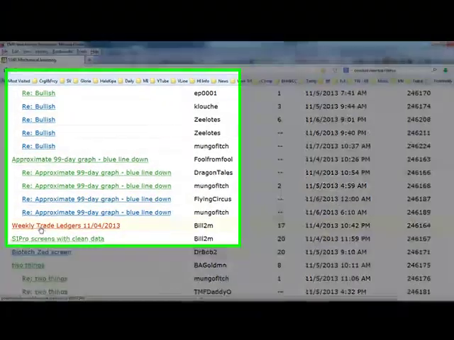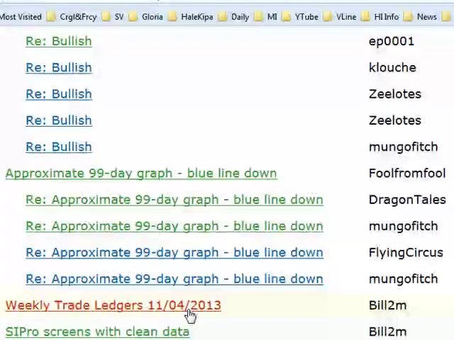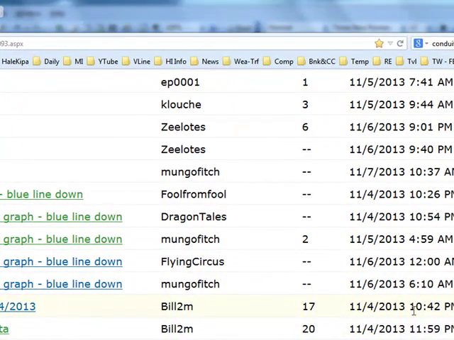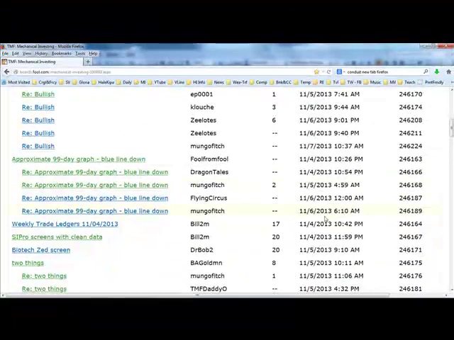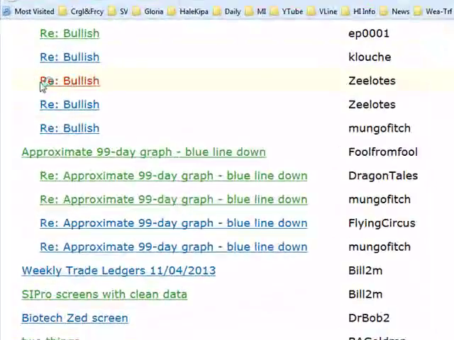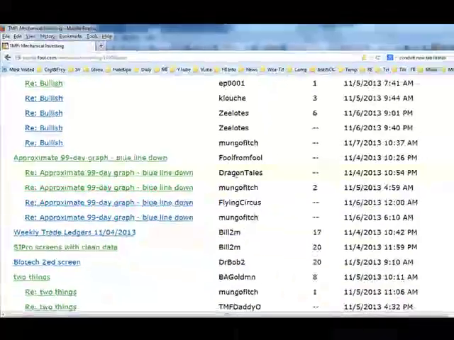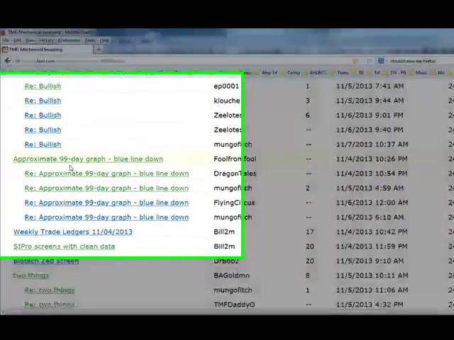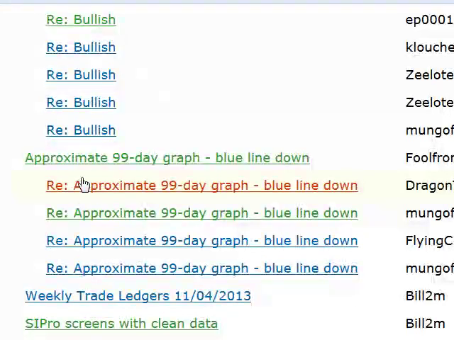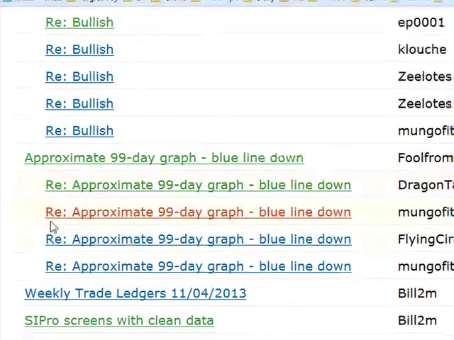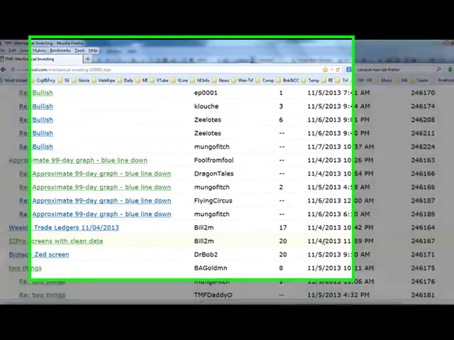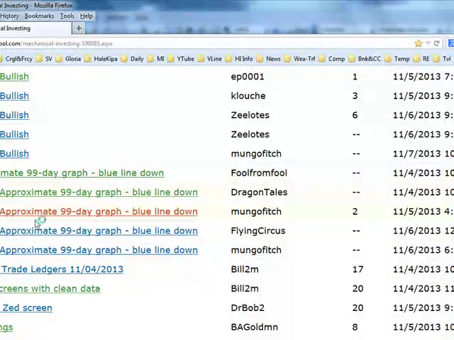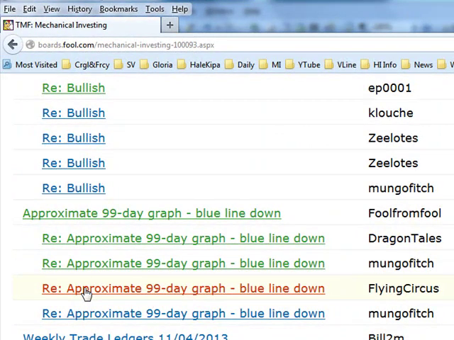So this is sorted so that the next subject, which came in down here, still on the 4th. In fact, before the first answer came in here at 10:54 p.m., the next subject came in at 10:42 p.m. If this discussion board had been sorted by arrival times, this message would have been right after that. And then I think probably would have been this message, and then probably this one here. And the subjects would have been all mixed up. I don't like it like that.